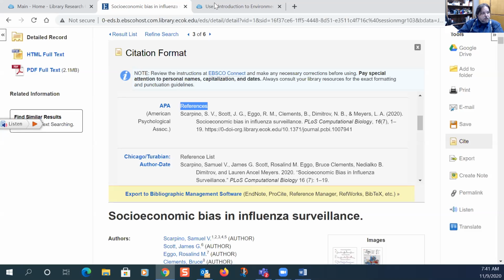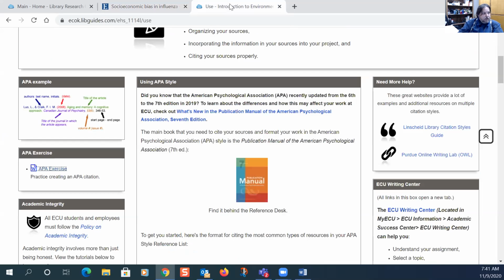But I want to also look at the use tab in your course guide real quick and show you a couple of things. Here is a diagram of an APA citation, which we will look at in more detail. It's here, but it's a little bit difficult to see because it's kind of small. But also under this APA exercise box, there is a Word document. If you click on that,